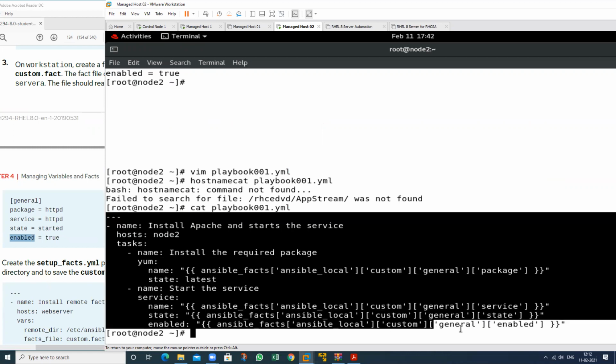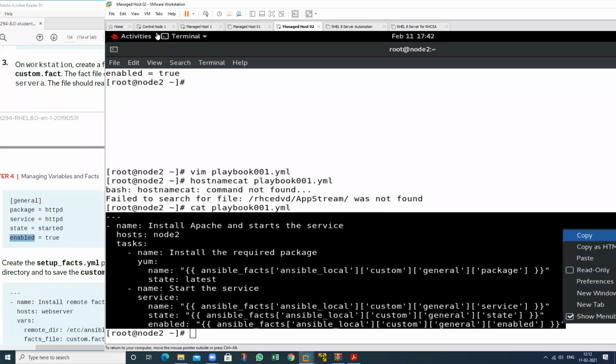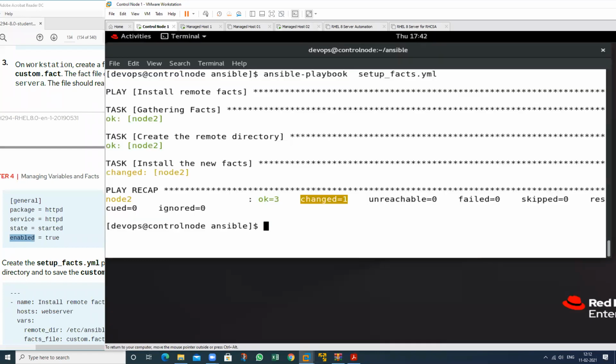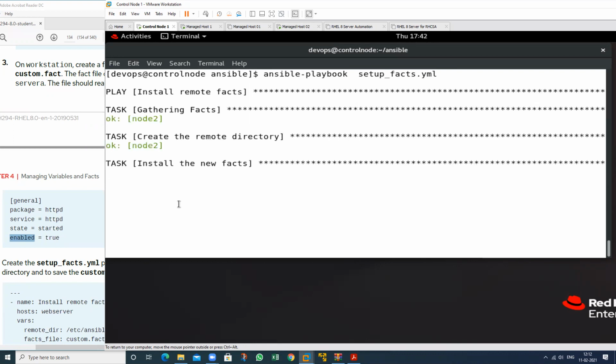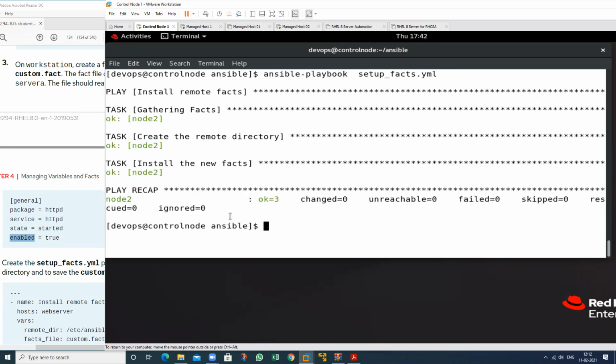Copy this whole data and place this in which machine? In this machine. See the result. Whole result will appear. But I want to check the syntax check. This one.